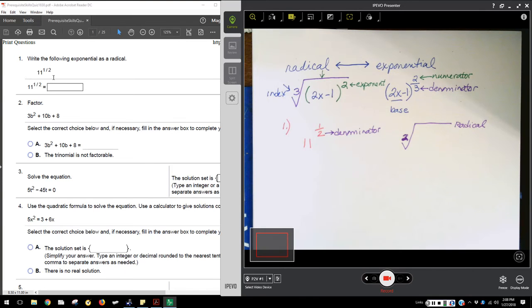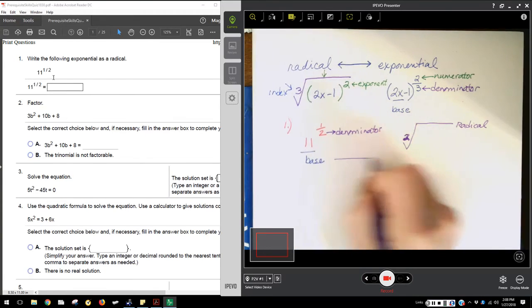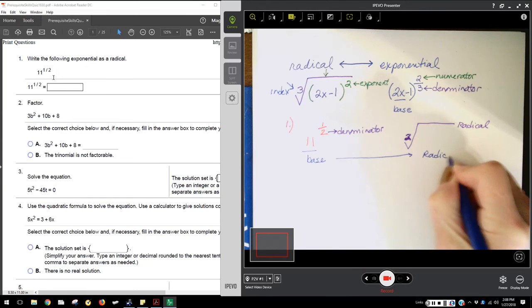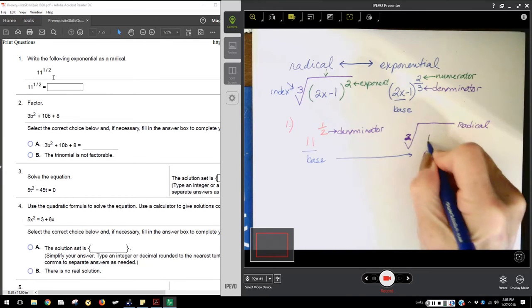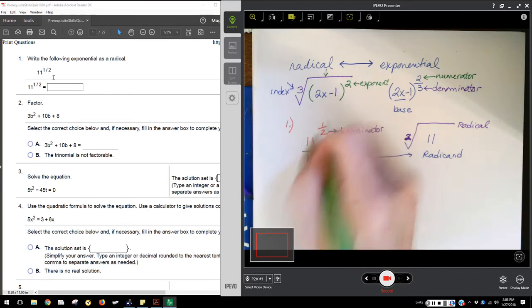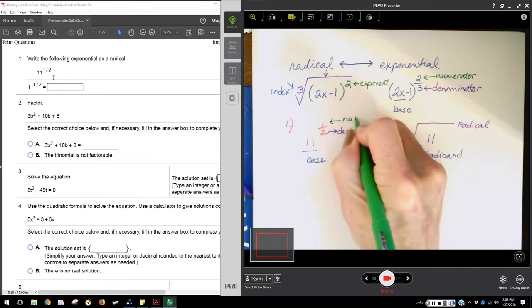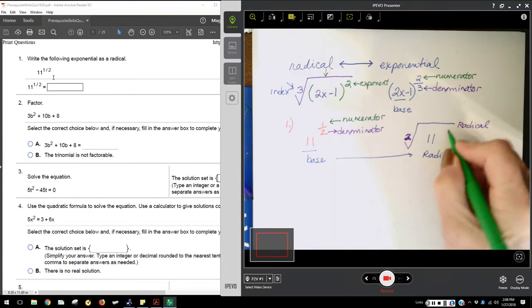Our base, which is 11, is going to remain unchanged. It simply becomes what we call the radicand, which is the thing that's underneath the radical. And then the numerator of our expression, which is 1, will become the exponent